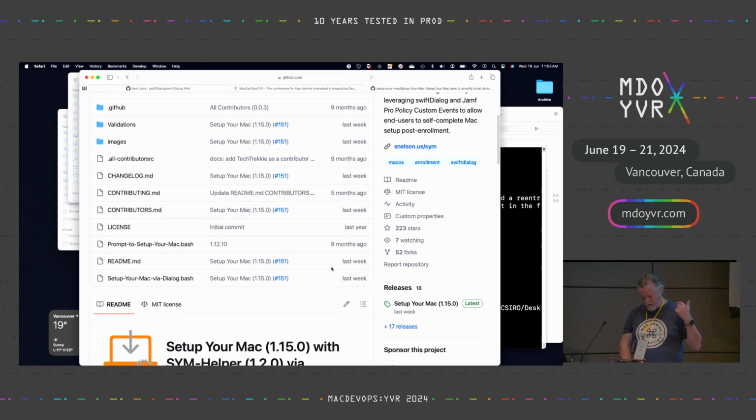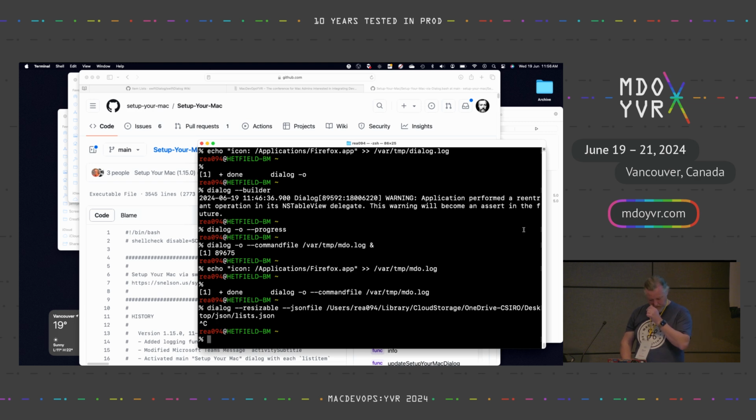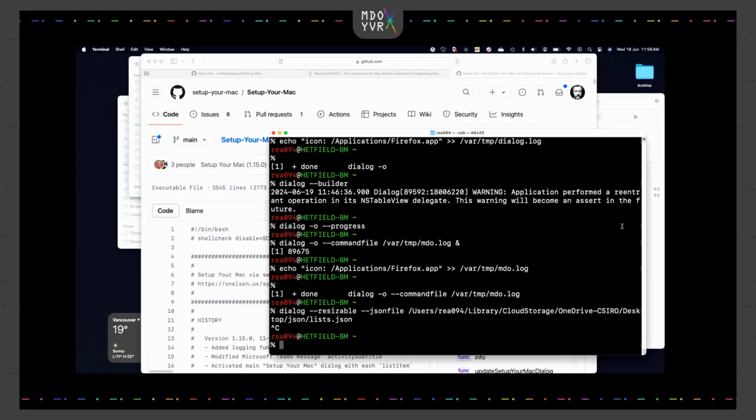So, Set up your Mac. Dan Snelson wrote it. It's a nice little bash script that has been written as an onboarding workflow. I like to use it as an example because he pretty much uses every single feature that exists in here. As soon as I release something new, he's already writing something to make it work. If I just run it as is, it'll run in demo mode. So you'll see some red text and all sorts of stuff pop up, but that's part of the demo code. So if we go sudo bash